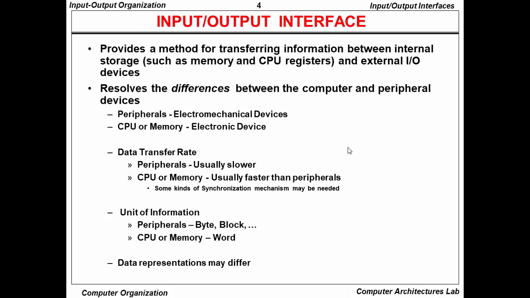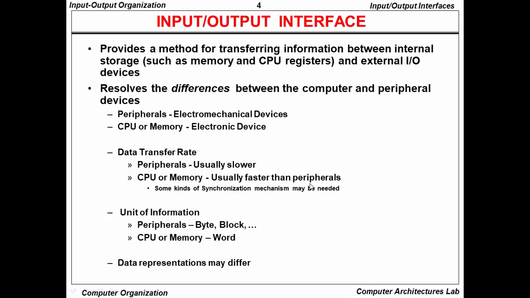They are working with different data. They are working on the basis of different information. Their capacity, their transfer speed and other things are different as compared to the CPU and memory, which are electronic devices that work on different information. Okay, so the data transfer rate is different. In terms of peripherals, it is usually slower as compared to the CPU and other things, right? And CPU or memory have a faster data